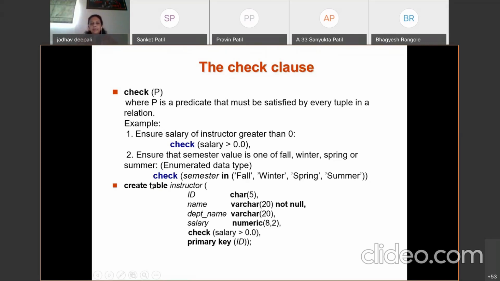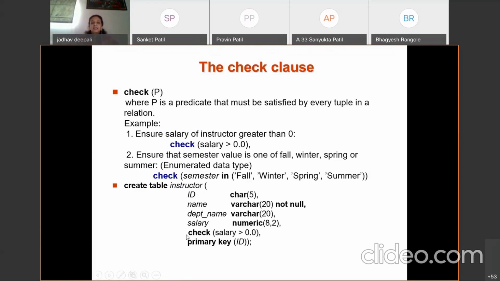Simple: create table instructor, ID char or varchar, name varchar 20 not null. As I have told, the constraint is that the name of the instructor should not be a null value. So name varchar not null. Department name varchar 20. Salary numeric 8, 2. Salary is normally a floating point, and that's why numeric is used here.